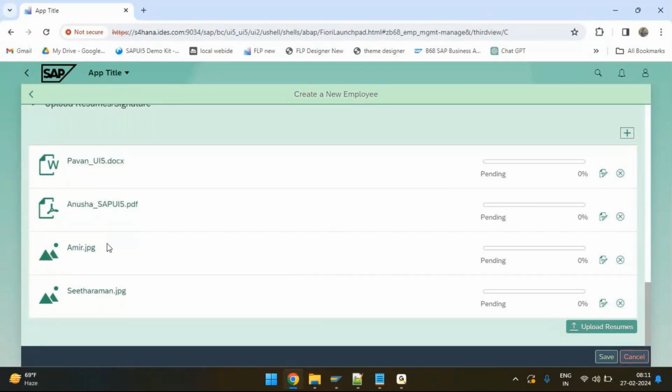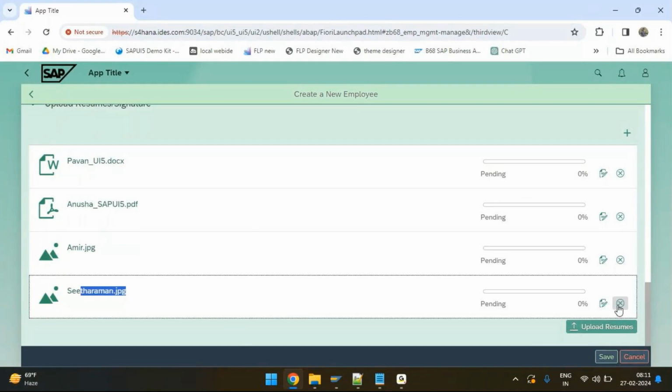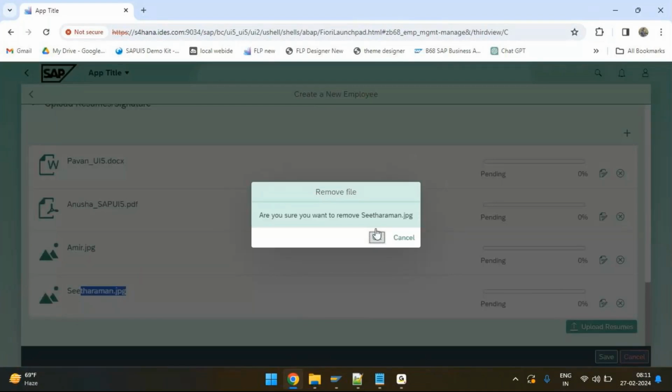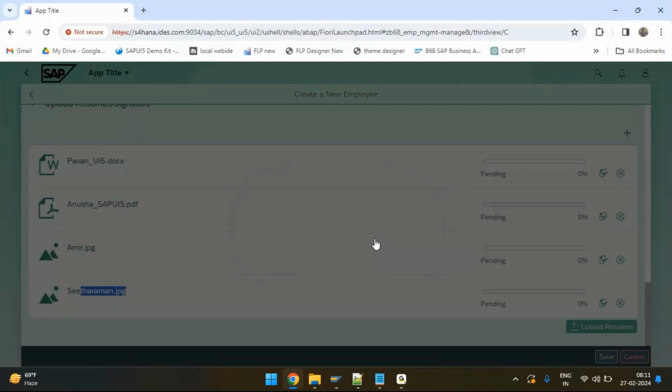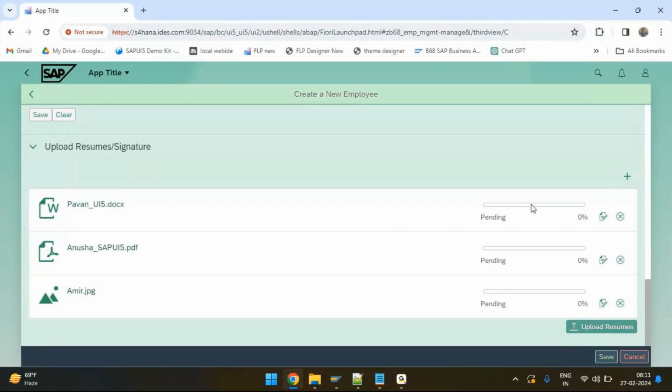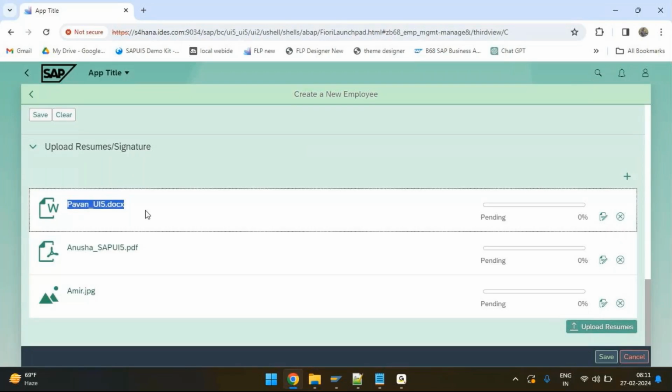This multi-file uploader UI element gives some features out of the box. Whatever you uploaded, for example, you may think this is not required, then you can delete it also. This delete button and this confirmation window, you need not write any code. This comes automatically. And similarly, if you want to rename this one, for example, you uploaded this one but you want to rename this,